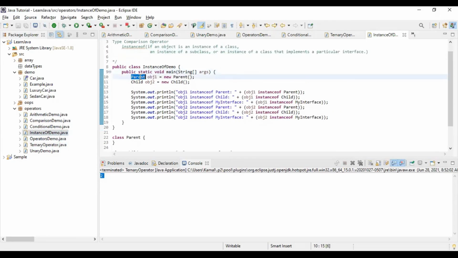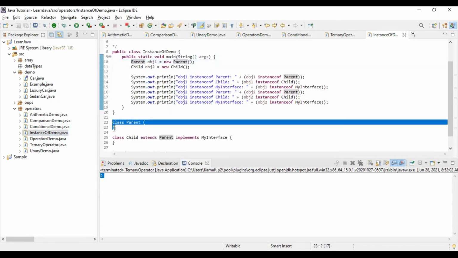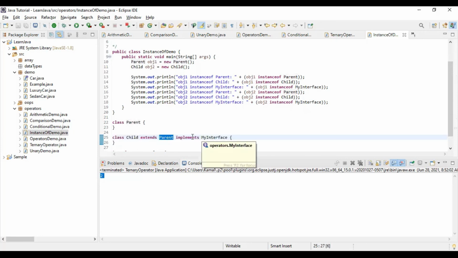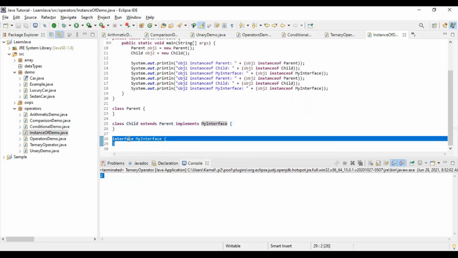I have one parent class. Parent class, it is empty. Class child is extending parent and implements my interface. My interface is also a simple empty interface.